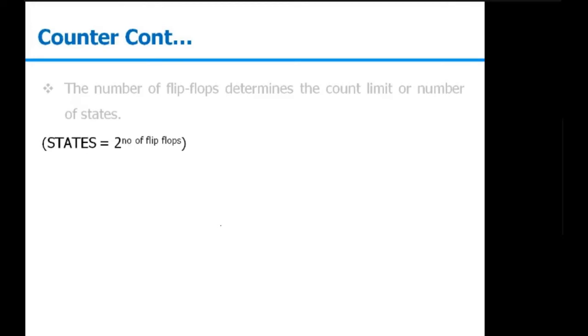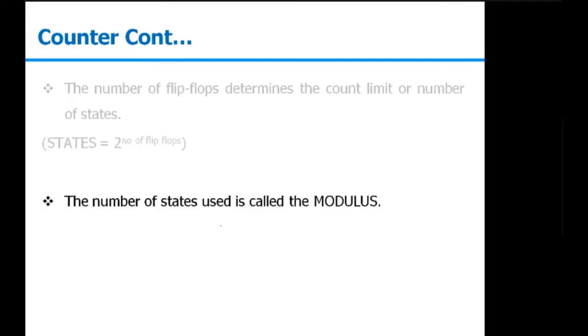For 3 flip-flops, the maximum states will be 8, and for 4 flip-flops, the maximum states will be 16. That we also call the modulus. But the states we are talking about are the maximum number of states. The modulus could be anything, but it has to be less than or equal to the maximum number of states. For example, for a 4-bit counter, the maximum number of states is 16, but we can have modulus 12, modulus 10, modulus 9 as well.